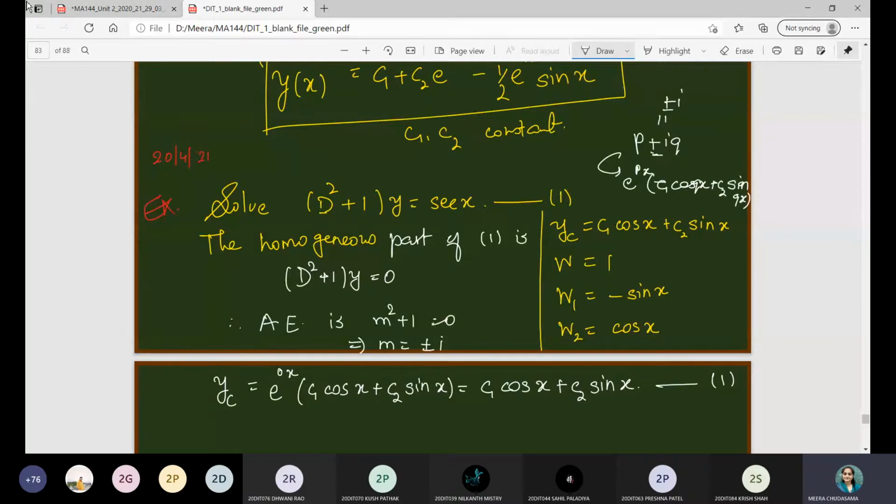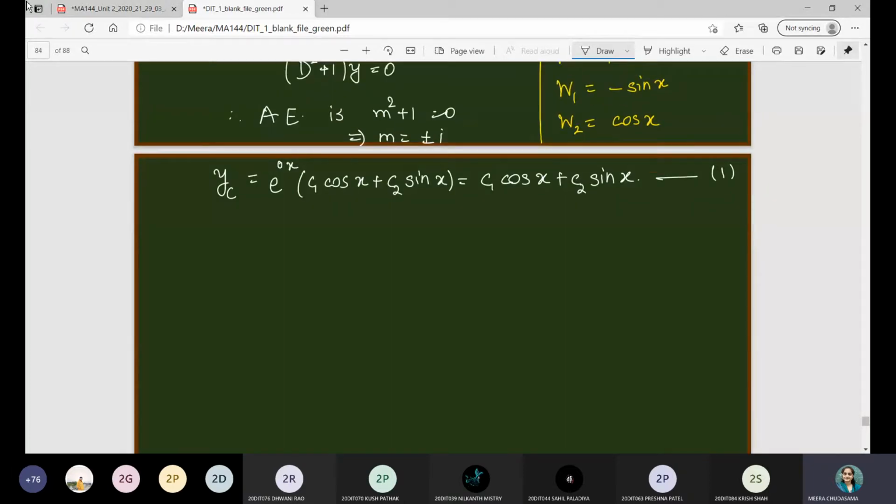Now, for the particular integral, by method of variation of parameter, we will write first the formula, but before that we'll require W1 and W2. So let me consider that first. Then we will write down the formula so that we can directly substitute the values in that expression, right? So consider